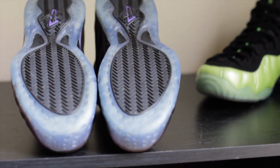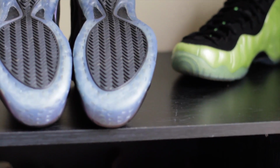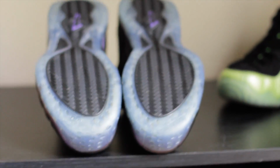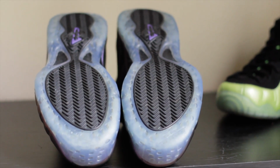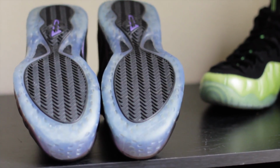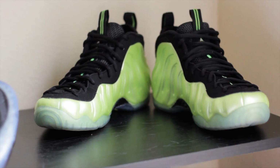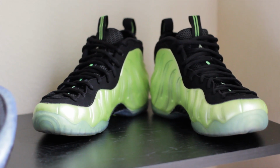With the coppers, and same thing with the metallic reds, haven't even really seen those used yet, but I think a lot of people are selling those shoes used but not admitting to it because they just kept it clean pretty much. But yeah, I haven't seen those shoes go for under 300 yet. So with that being said, out of those two shoes, but every other foam, whether it be these eggplants, these electric greens, the electric blues, the pines, the royal blues,